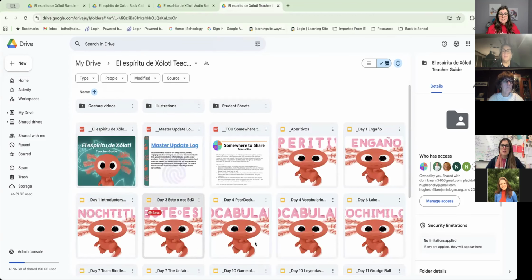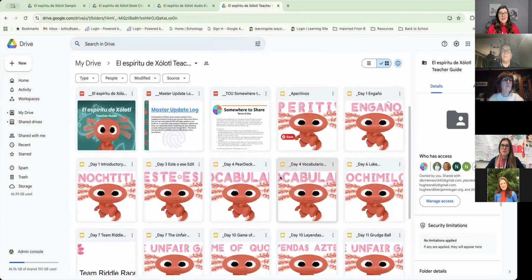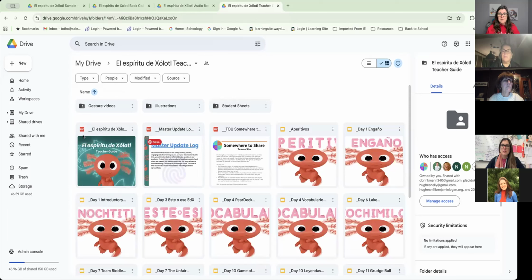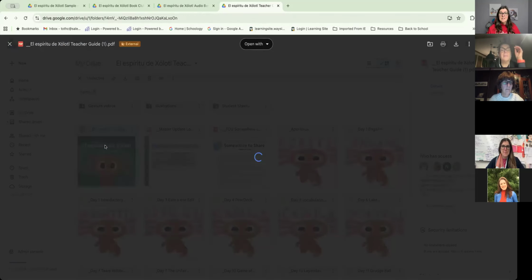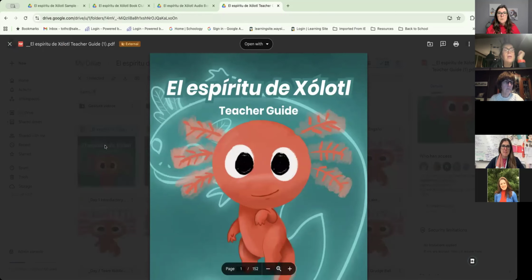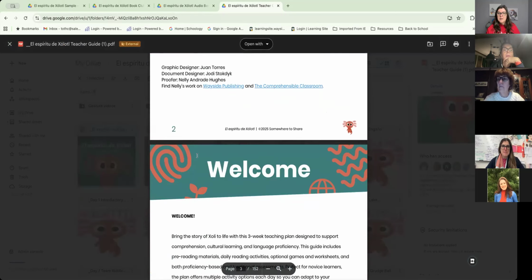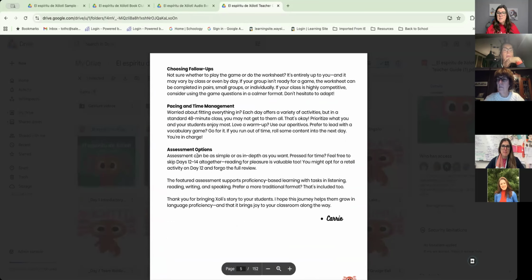The teacher's guide is here. All of your slideshows are here and they're linked in the plans. So if you've not been in the teacher's guide folder yet, this first document is the PDF of the teacher's guide. So you can click on this. Google can be really finicky. So if you click on this and you start to scroll down and you find that the links are not clicking for you,